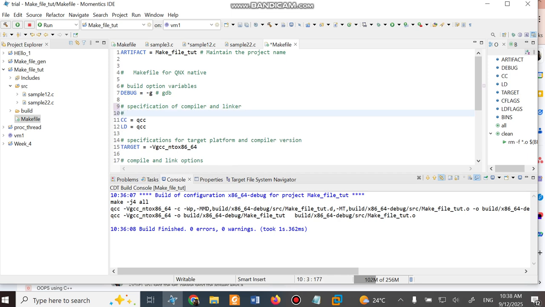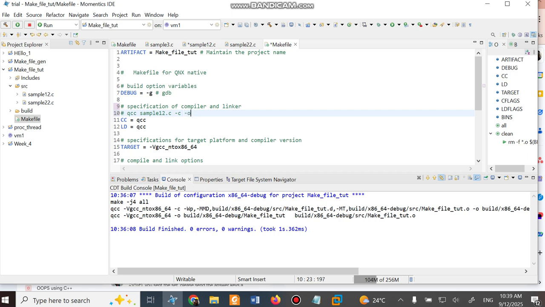So it is something like QCC, which is a compiler option, and assume sample1.c is a C program. The first step, the compiler will create an object file; -c says that you create an object file without creating the executable file directly.